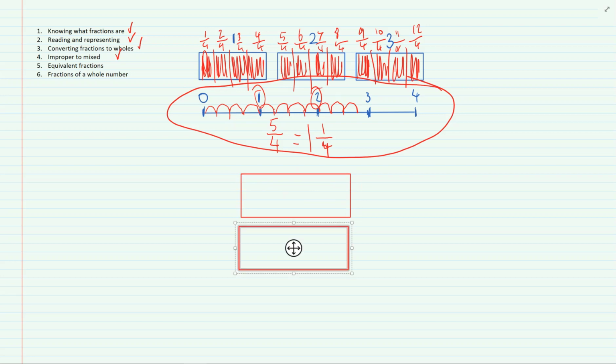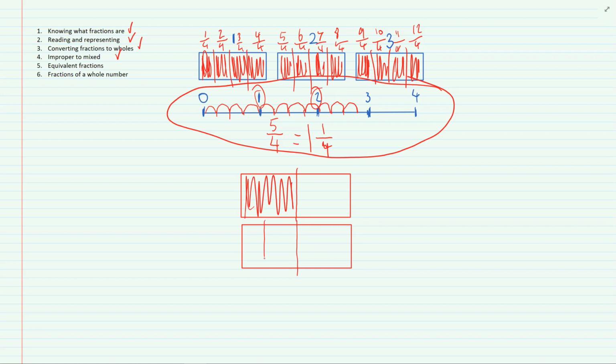So, for example, if we take these two boxes here, they need to be able to see that 1/2 is equivalent to 1, 2, 3/6,